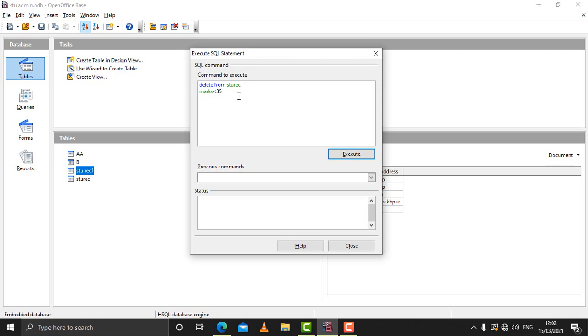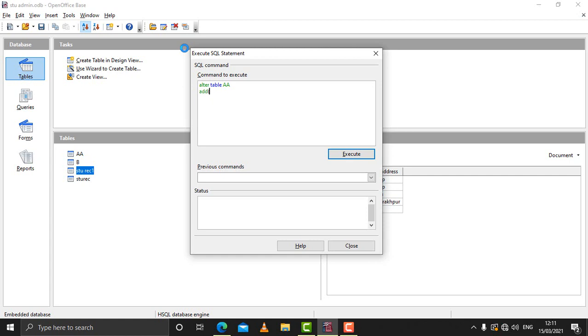The next command is the alter command. If you need to make a modification in a table, that means if you want to add some columns to the table, we can use the alter command. So for using the alter command, a simple process, you have to write alter table, and then the name of the table. Say for example it is AA, alter table AA, and then you will write what you want to add. So you will write add, and then the field name and data type.